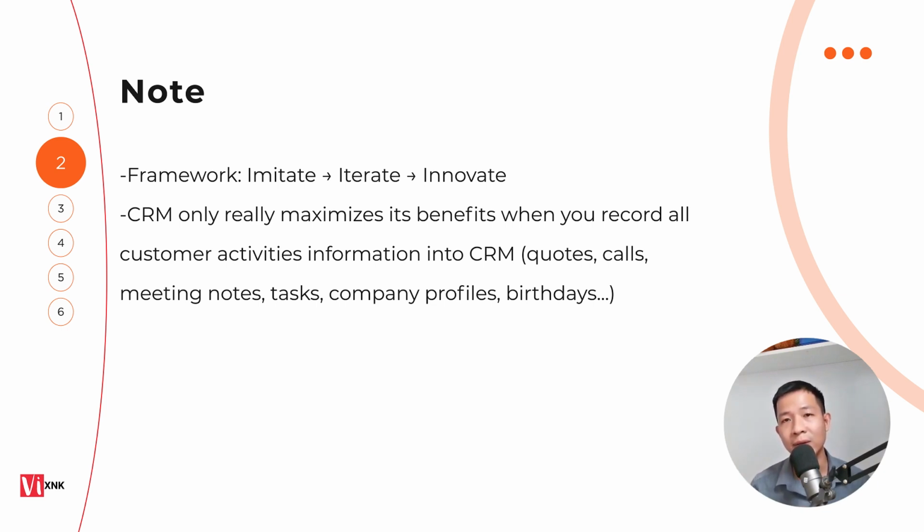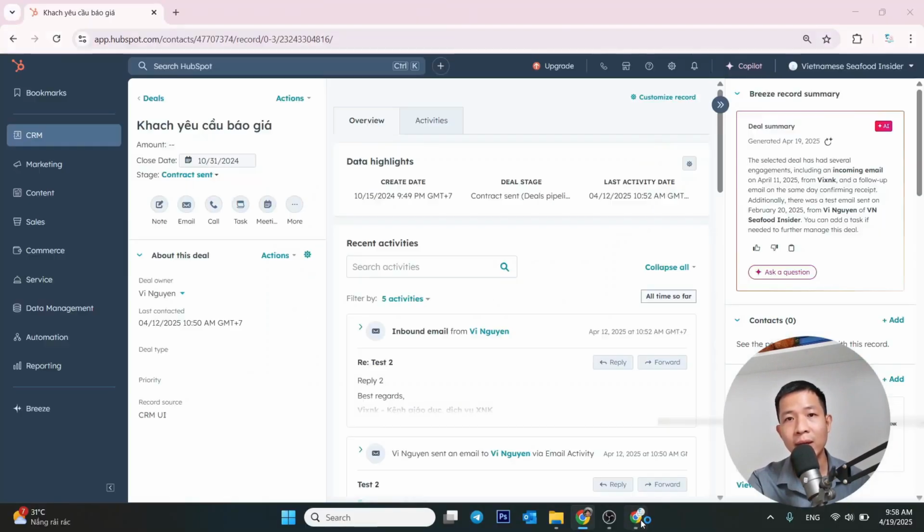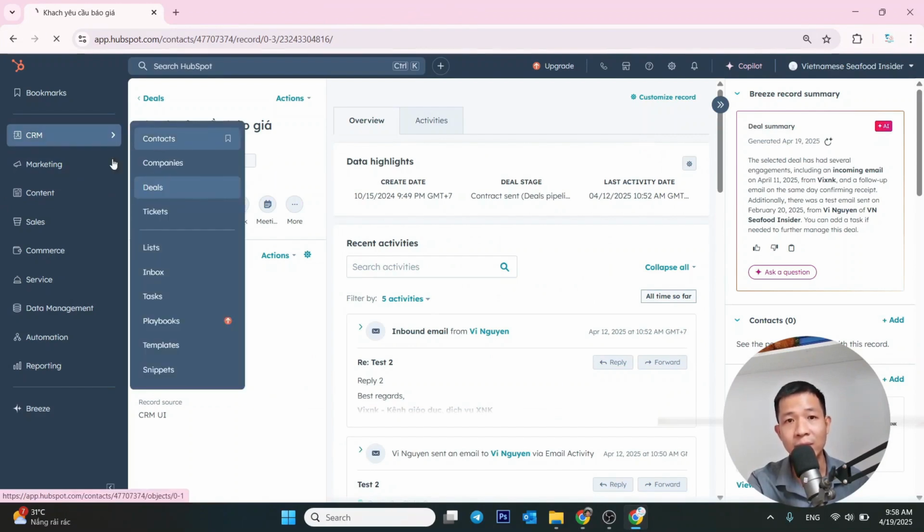For example, if you're working with customers here in Vietnam, on their birthday, you could give them a gift, a bouquet of flowers, or a small birthday present. They'll really appreciate it, and they'll feel a connection with you, which helps build a long-term working relationship. When you consistently carry out these activities and keep track of this information well, your CRM will truly maximize its effectiveness. For example,